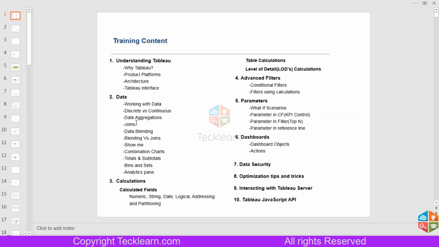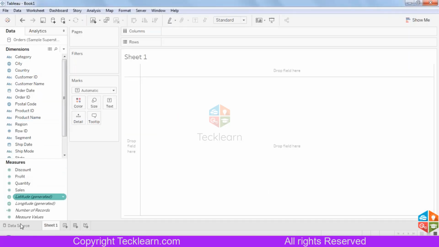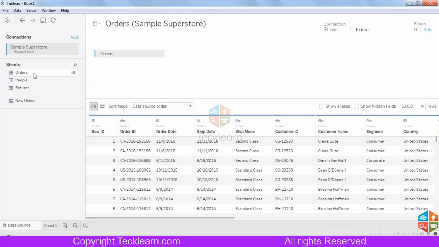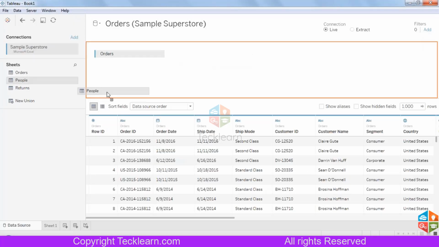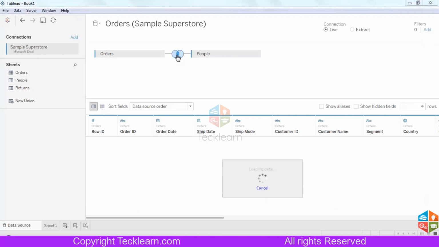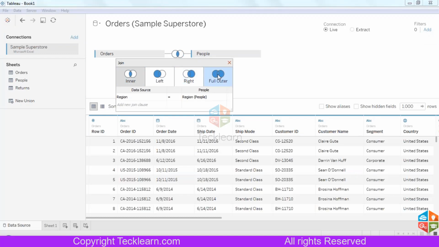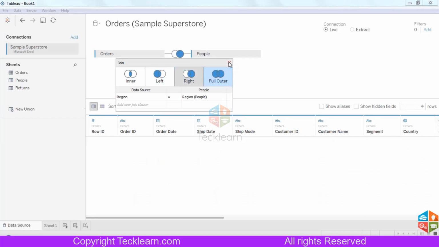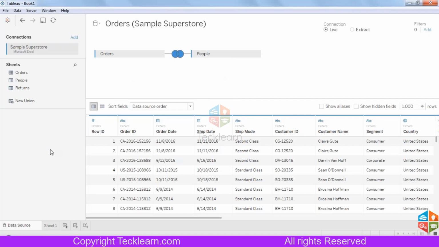Then over here in the data, we are going to see these joins. How many joins do we have here in the data source page? If you want to merge two different tables, you can see there are multiple tables. If I merge this table, you can see the default joins are created over the data. So you can play with these joins. That is what we are going to see in the second section.